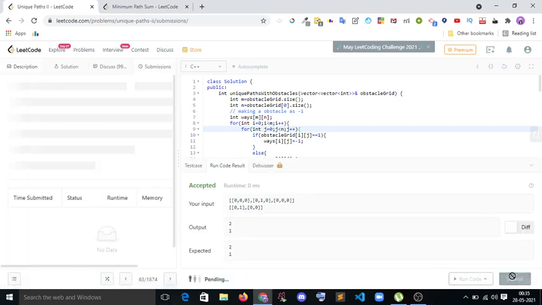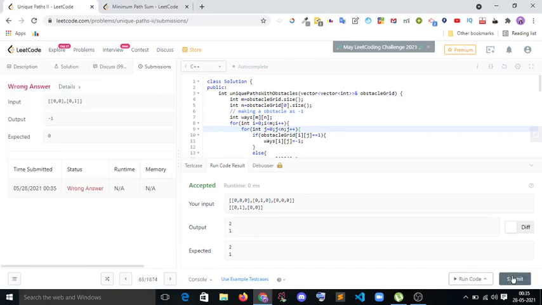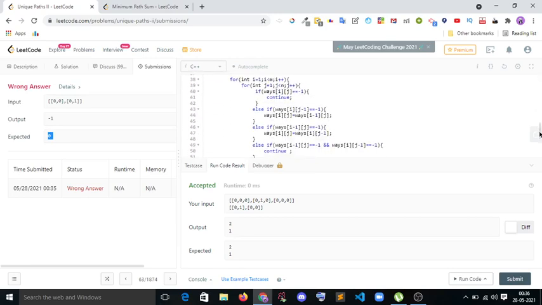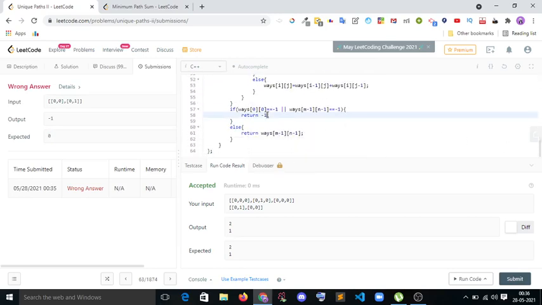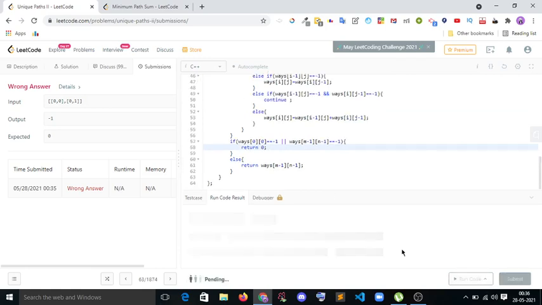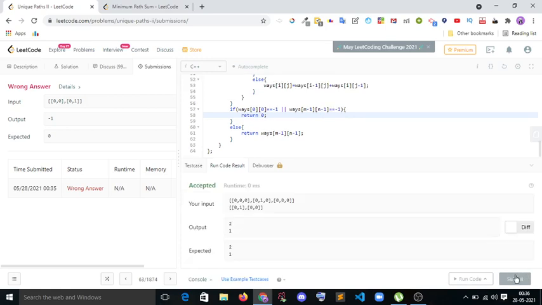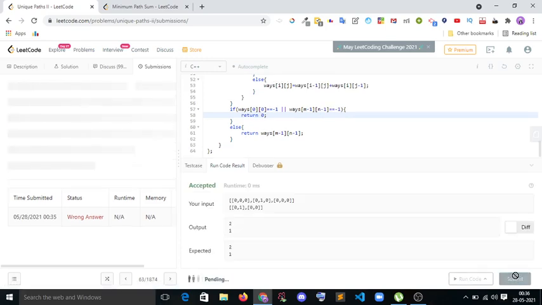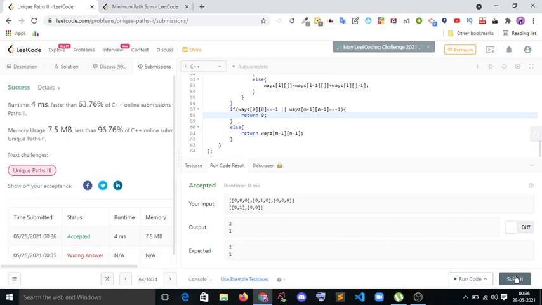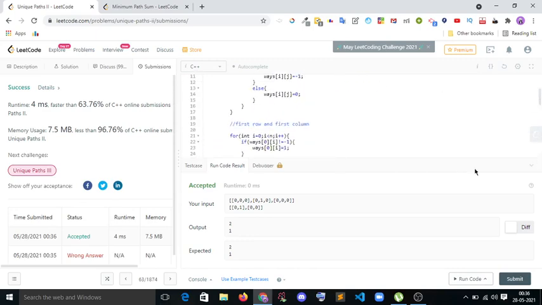We check and consider all the cases, and we get a wrong answer. We expected a 0 answer, it should not be minus 1. It should be 0, sorry, it's my mistake. So submitted, and now it is correct. So we have solved this problem with obstacles and without obstacles.